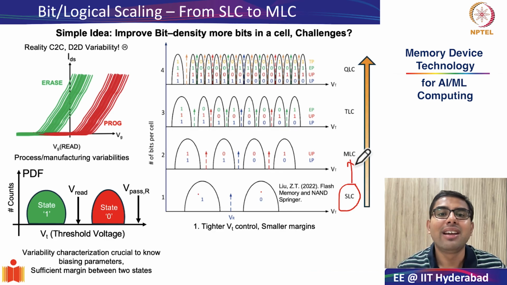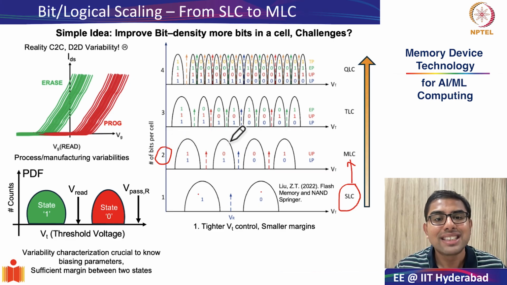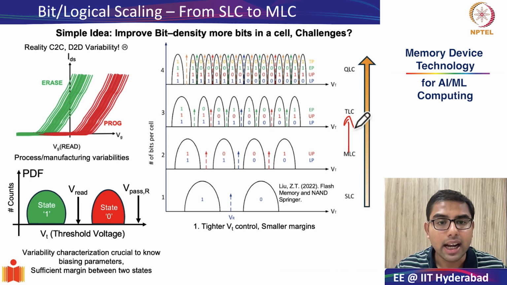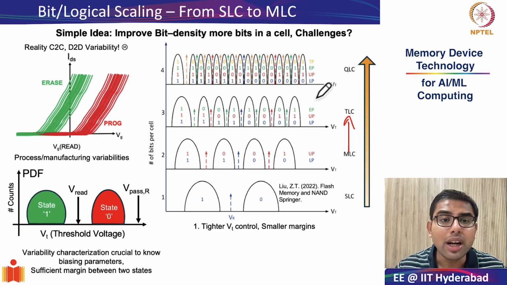What is MLC? It is called multi-level cell, but in fact, it has 2 bits that get stored. So you have 4 states or 4 distinct threshold voltage values. On to TLC. TLC is a 3-level cell. In a 3-level cell, as you can anticipate, there will be 2 to the power of 3, or 8 distinct states or 8 distinct threshold voltage values, as you can see in this particular graph.